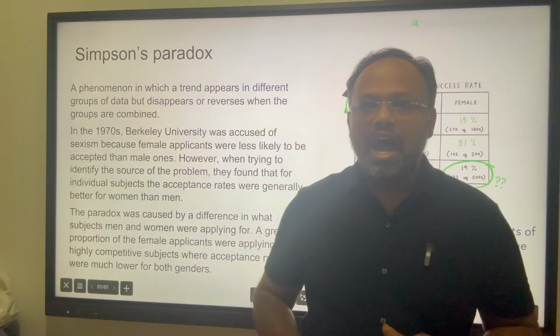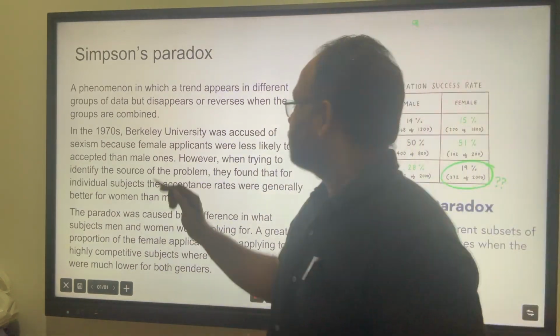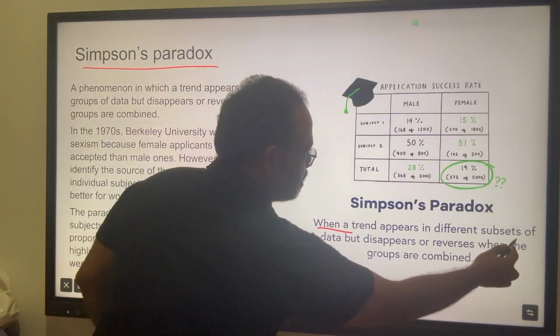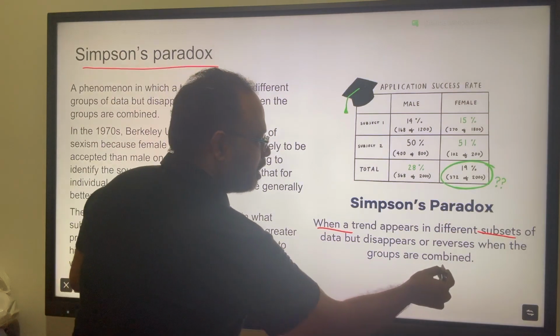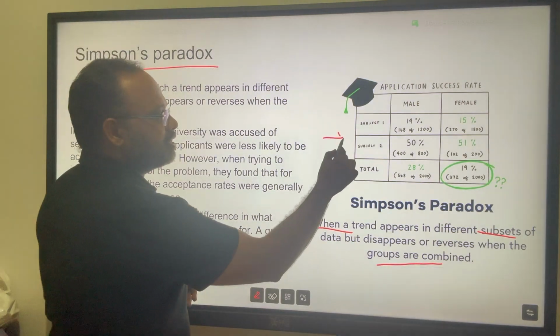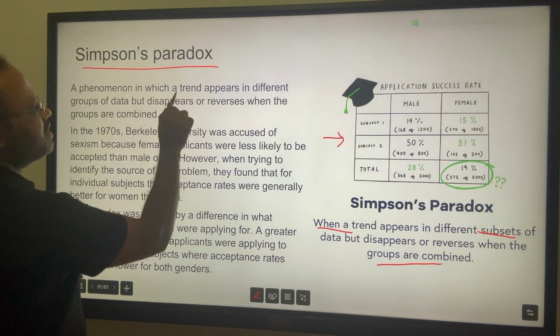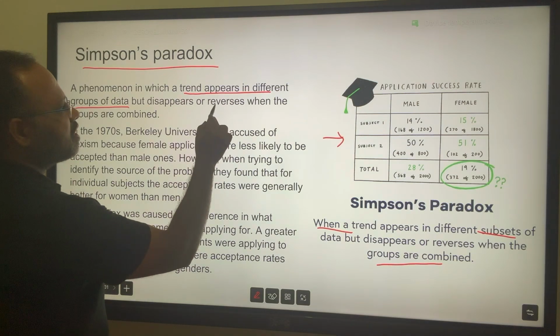Next on the list, and the most important fallacy, is Simpson's paradox. It happens when a trend appears in different subsets of the data but disappears or reverses when the groups are combined. I will come to this example after explaining this. Simpson's paradox is a phenomenon in which a trend appears in different groups of data but disappears or reverses when